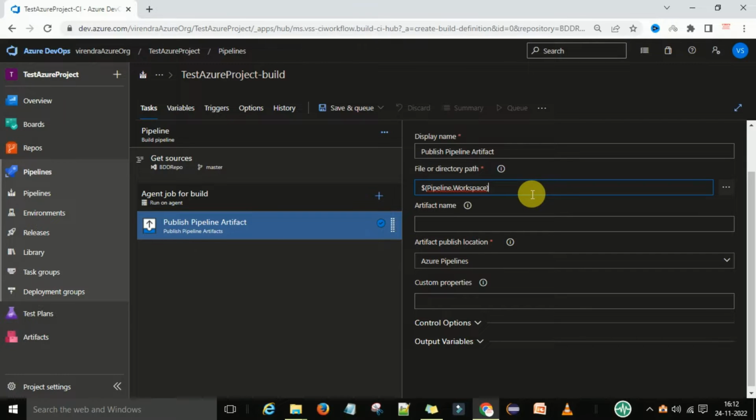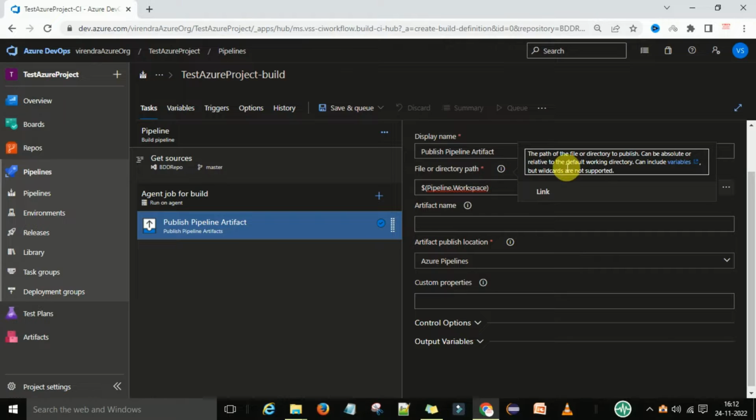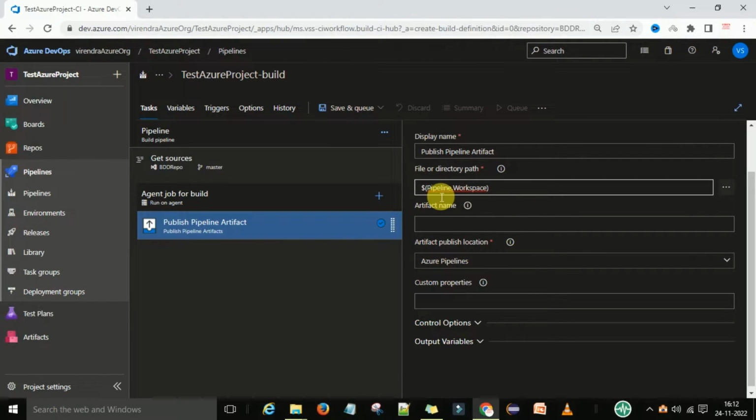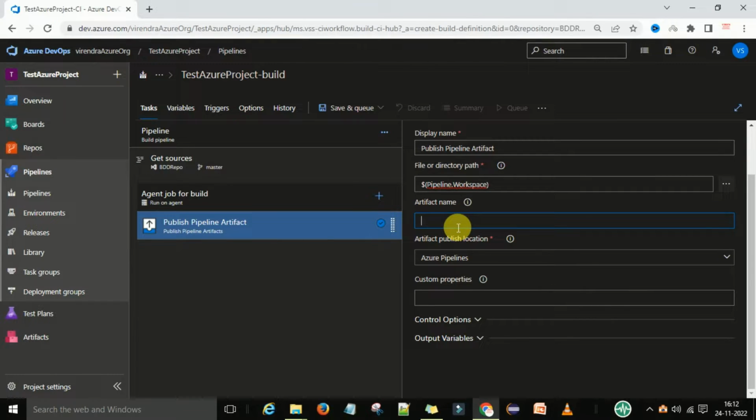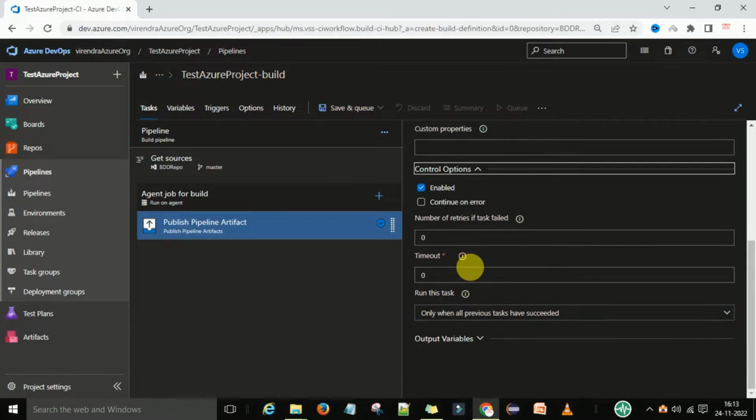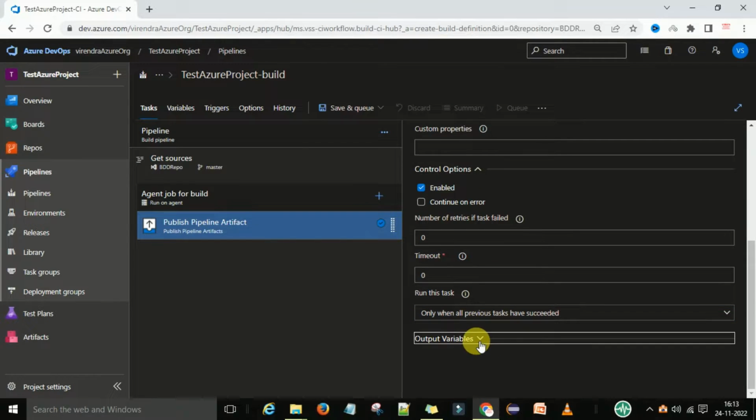So this is the pipeline workspace, the default location and directory path. When you click, it will say the path of the file or directory to publish. Now I'm going to add this directory, and what is the artifact name? So let's say demo artifact. Okay, and Azure pipeline, this one, custom properties, you can leave blank, control options,